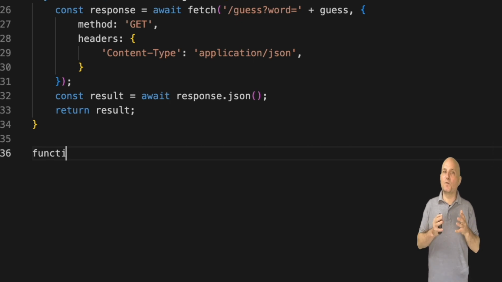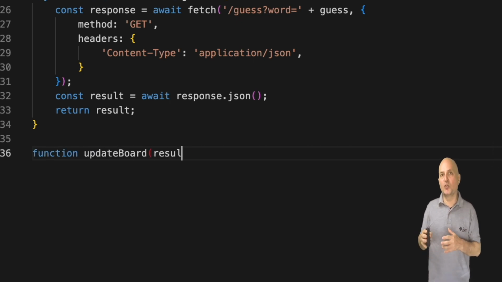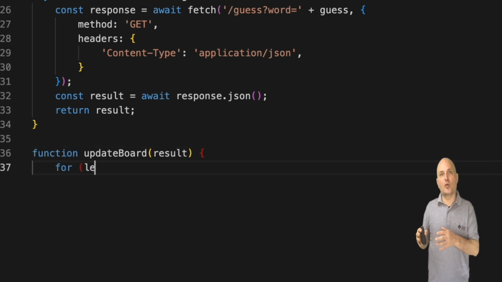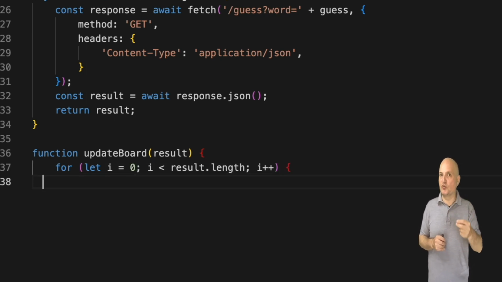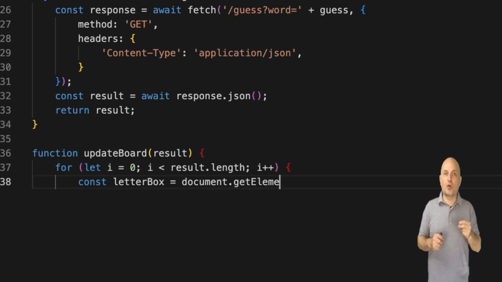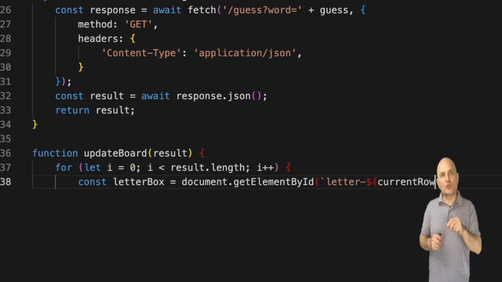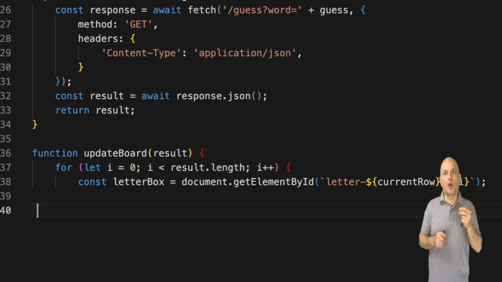Next, we define the function that's invoked when we get a result from the server. The update board function accepts the result object, which is the JSON returned from the server. When we get the result from the server, we go over the 5 characters in the line with a for loop.